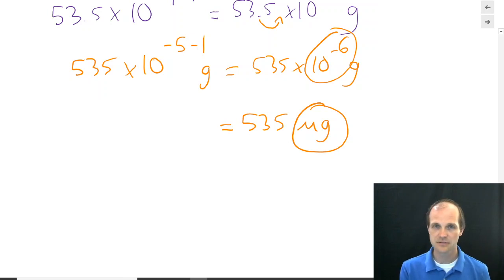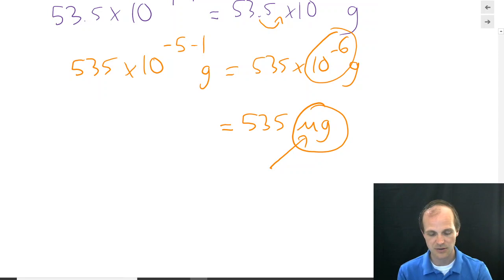Total aside here, for a lot of you, you're going to be going into health fields. Micro, if you remember, most doctors don't have great handwriting, right? And micro and milli look awfully similar when you're trying to write things out. So if you're not really careful, your micro and your milli can look very similar, especially if your handwriting's not so good. So what you'll actually find quite commonly in the health field is instead of writing micrograms, you will see